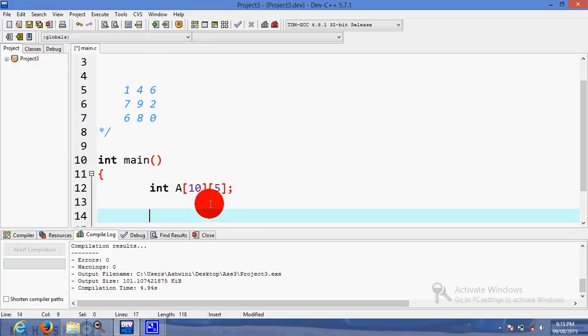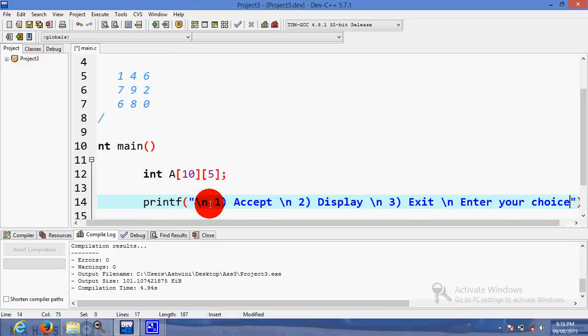So first we will write the menu driven program simultaneously. So printf, first is accept, second we have to display a matrix, third exit, and after that enter your choice.